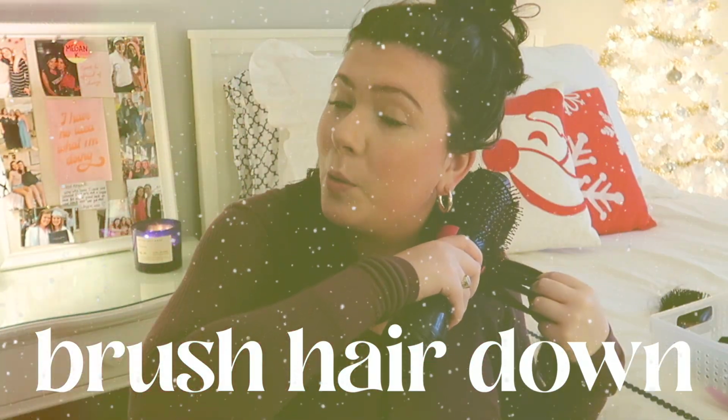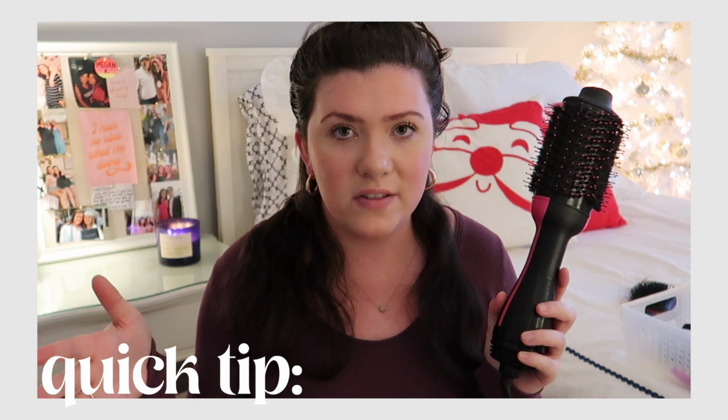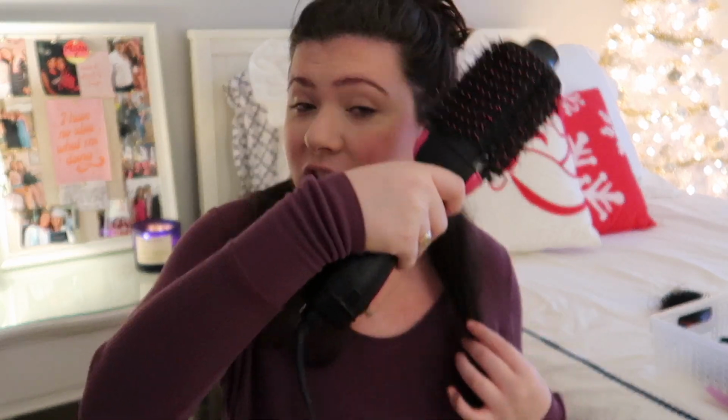What I like to do first, I'm going to do this without the blow dryer on because it's quite loud. I go down my hair just a couple passes like this, and I put it on the highest setting. There are 3 settings on this. There's high heat, high speed, where it's lots of air, high heat, low speed, and low heat. I like to start off with high heat, high speed to get the hair to work how I want it to. Whenever my hair is super wavy, it takes a couple passes to even get it relatively